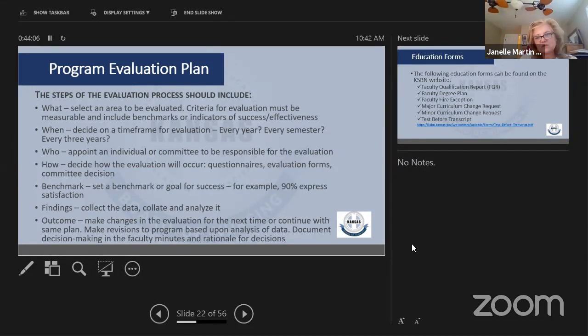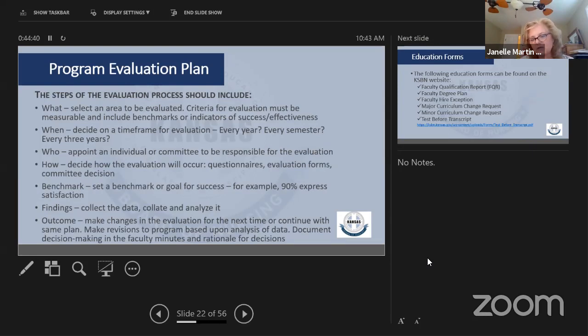But I'm also going to put on our website a page of things to think about for your evaluation plan, and then a sample template for how you might put that evaluation plan together. Again, this is not prescribed in our regulations in terms of how it looks, but it might give you a place to start. I've had questions from people: how do I start? What do I look at?